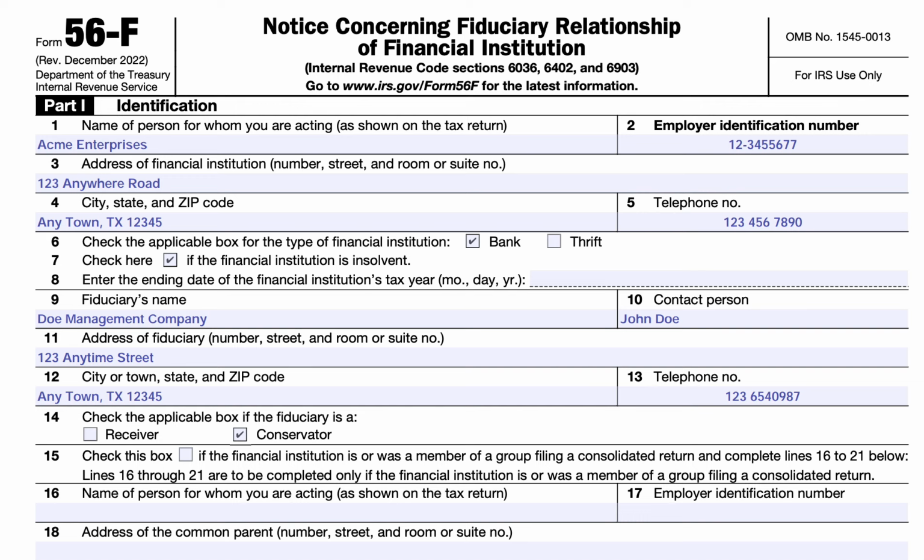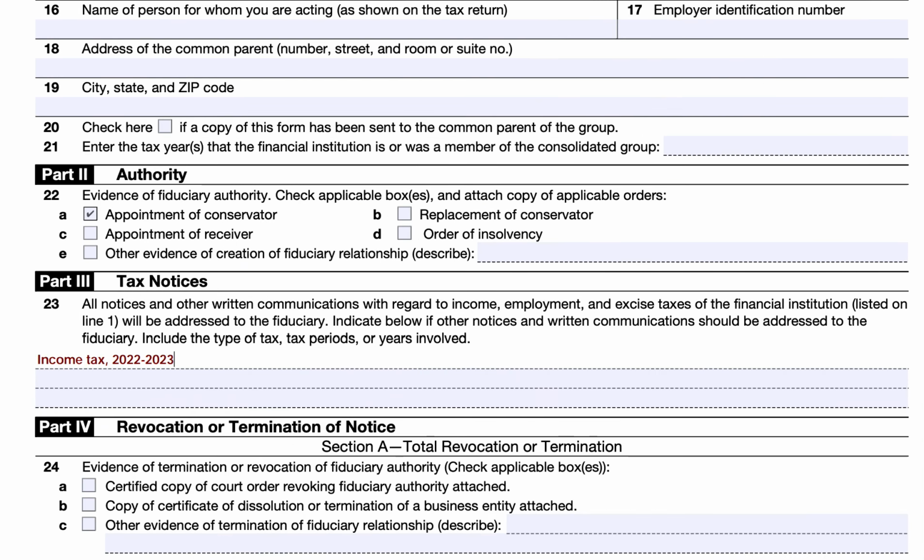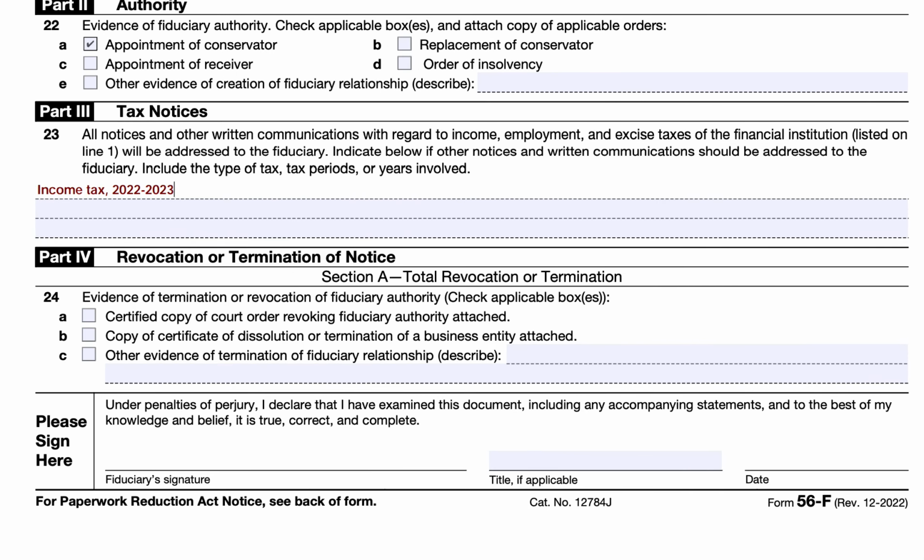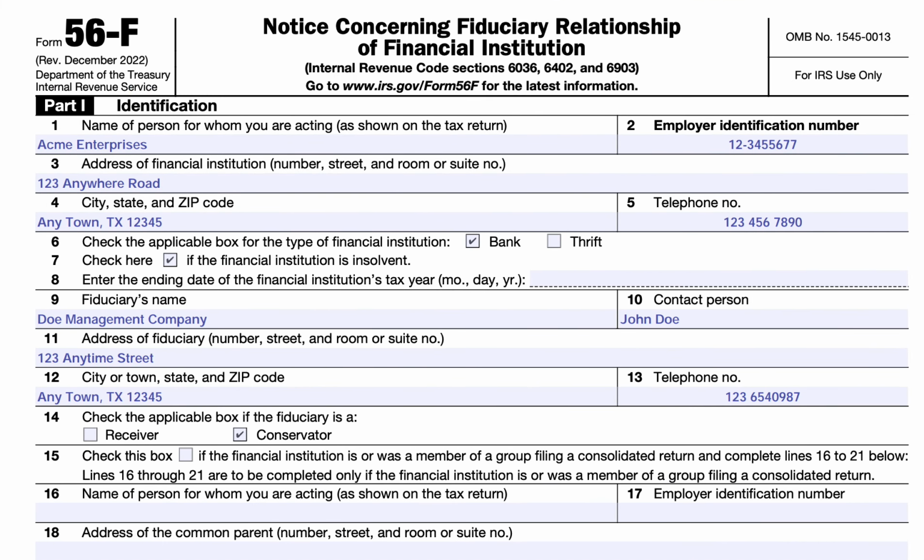So we'll go through this tax form. We'll cover lightly some of the background information, but for a deeper dive, I'll refer to the article itself. So there are 4 parts to this tax form. You may or may not have to complete all 4 of those parts, but it depends on exactly what you're trying to do. So in part 1, you're identifying several parties, identifying the person that's being appointed, as well as